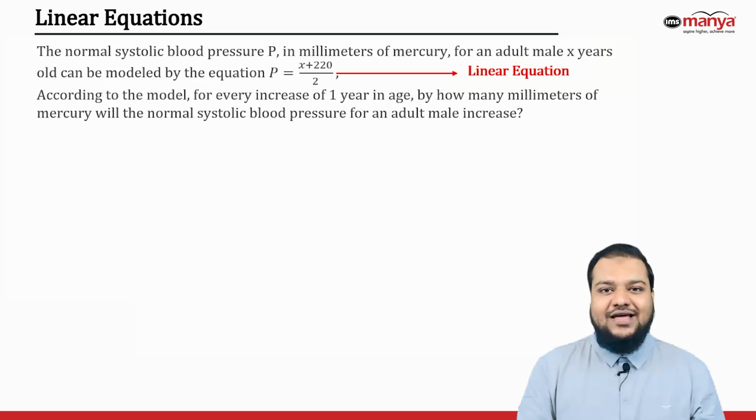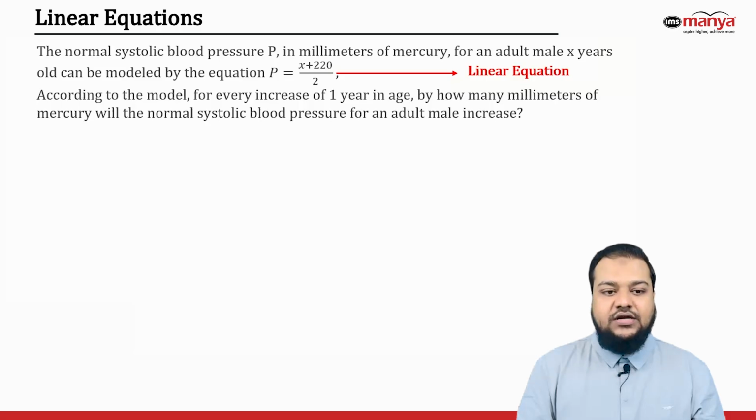how much do you love the characteristic of the equation. And for a linear equation, they are nothing but slope, y-intercept, and x-intercept. They would try to ask you those three things, but with a story. Let's read the story. The normal systolic blood pressure P is a variable in millimeters of mercury for an adult